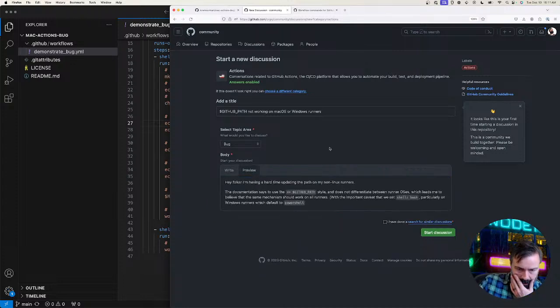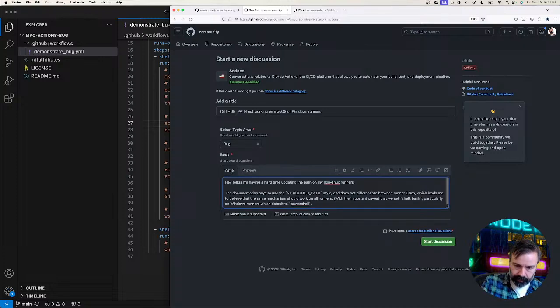Quick preview of how I'm doing. Hey folks, having a hard time updating the path on my non-Linux runners. Documentation says to use GITHUB_PATH style and does not differentiate between runner OSes, which leads me to believe that the same mechanism should work on all runners, with the important caveat that we set shell bash, particularly on Windows runners, which default to PowerShell. Great, I should close my paren. Change that to note. One important caveat is that we set